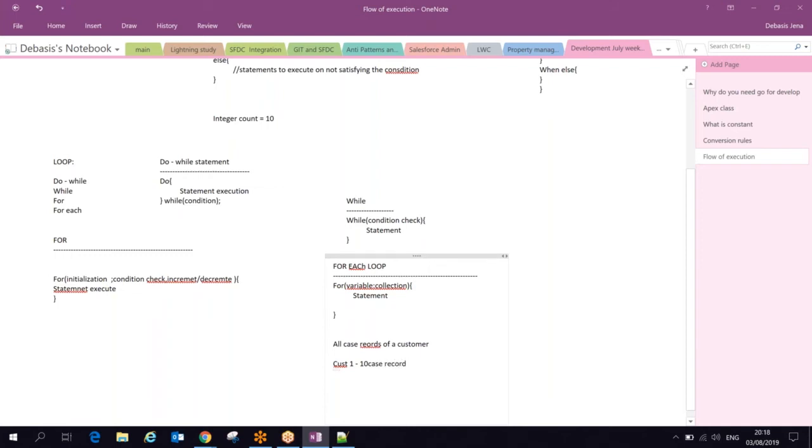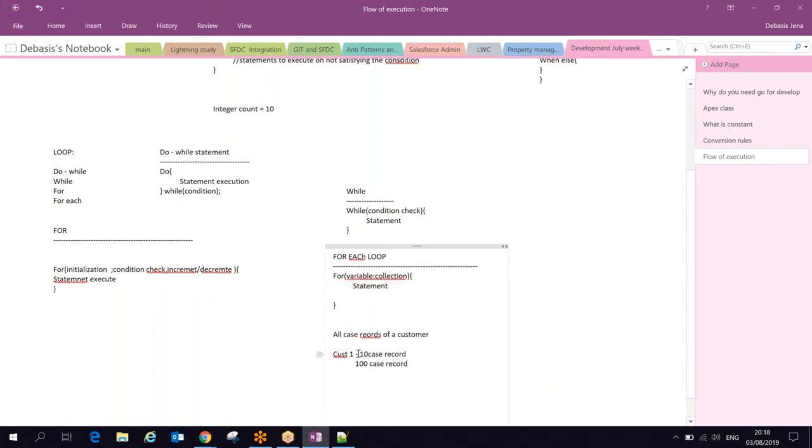But in the month of July, he may have 100 case records. So in January I'm looping on only 10 case records, but in July I'm looping on 100 case records. I want to loop on each record and process my logic on each record. Like carry one furniture, keep in inventory, same way carry one case record, process it. Carry the next case record, process it. Like that. So 100 cases is nothing but my collection of records.